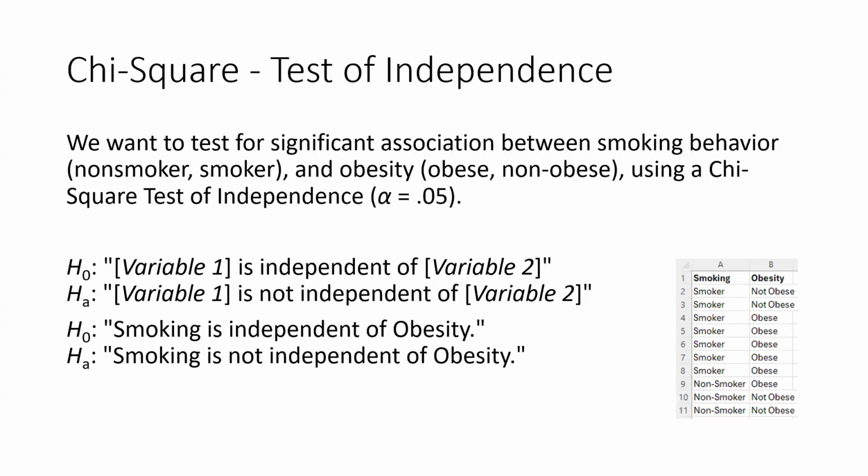So this data that you have over here in the right-hand corner is found in the video description along with any code associated with this particular video. But as you can see here, we have categories. We have smoking and obesity. So here we have 1, 2, 3, 4, 5, 6, 7, 8, 9, 10 unique individuals. So in our case, we have 10 unique observations. And each one of these observations, for our case, is a unique individual. So these individuals could either be smokers who are obese, non-smokers who are obese,